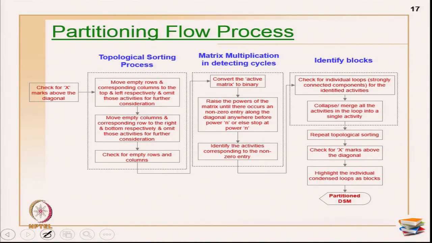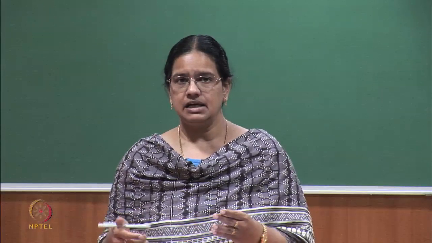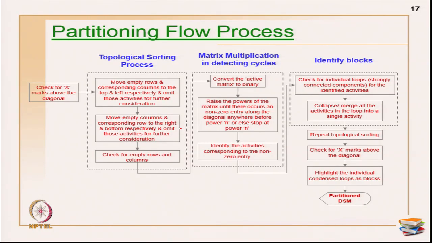Once you identify the topological sorting and find that there is a big block, but I do not know what is within the block, then you have to choose one of the methods like path searching or matrix multiplication and so on. But it is not a straightforward method; you have to work in cycles. Primarily there is an iteration inside. I have taken an example in such a way that it can cover all the problems you have in the examples. Within the cyclic process also I will explain properly.